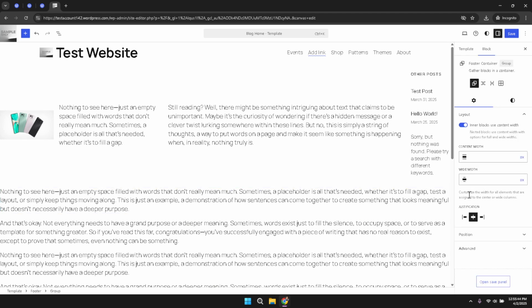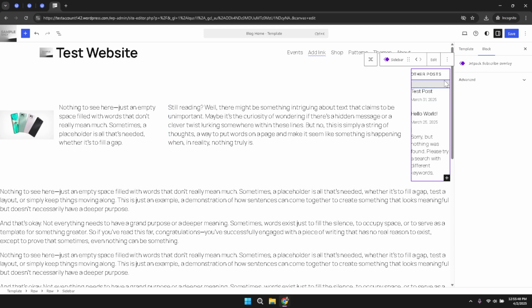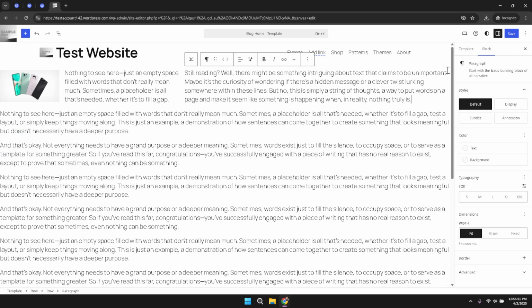Now that the sidebar is selected, you are ready to remove it. Hold down the Shift key on your keyboard and then press the backspace key. This combination of keys will instantly delete the sidebar from your layout. Once the sidebar is removed, you may notice that the page preview updates immediately to reflect the change. This quick method allows you to efficiently eliminate elements that are no longer needed without going through multiple menus or